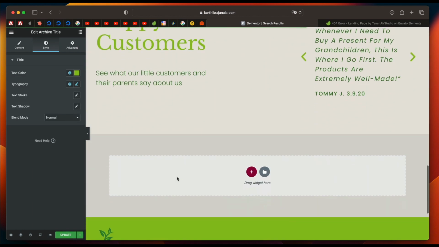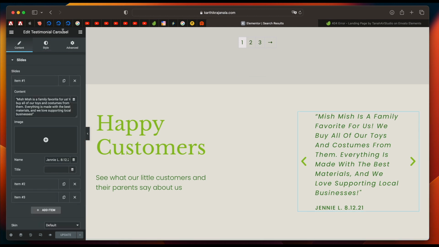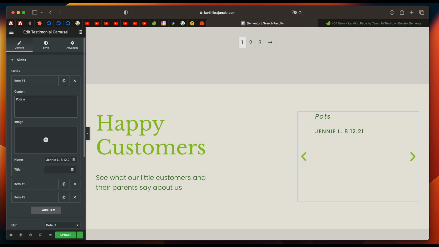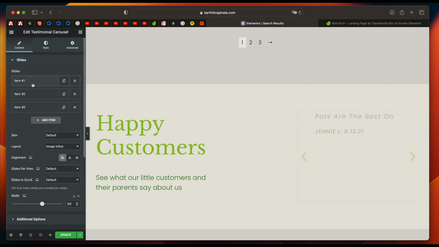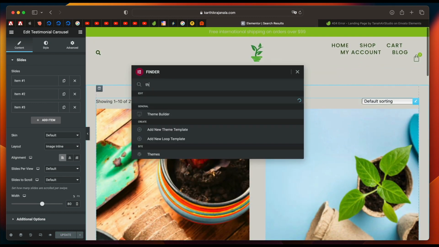Update, and I'll click on this widget, click on item 1. This is a testimonial carousel widget. Just change them. Pods are the best on the site. Just change the content. Also try to add an image if possible. Do the same for this. Once you make all the changes, update and move on to the next step, which is to customize the next